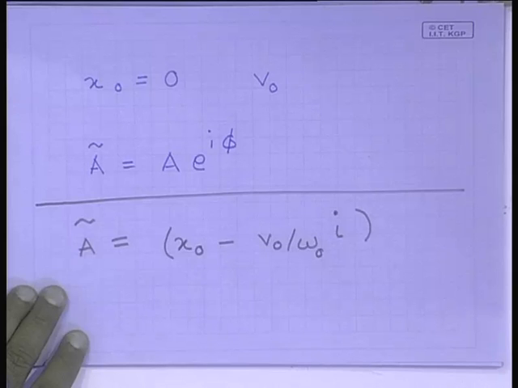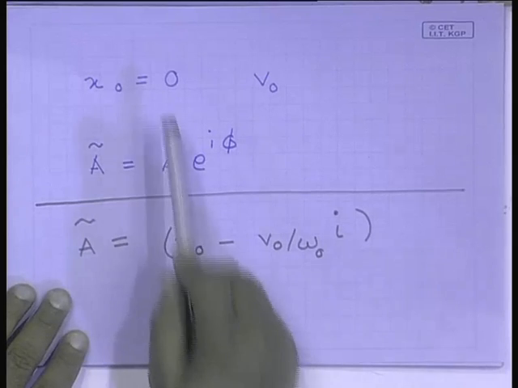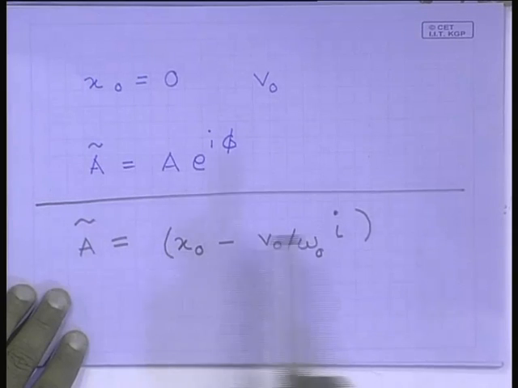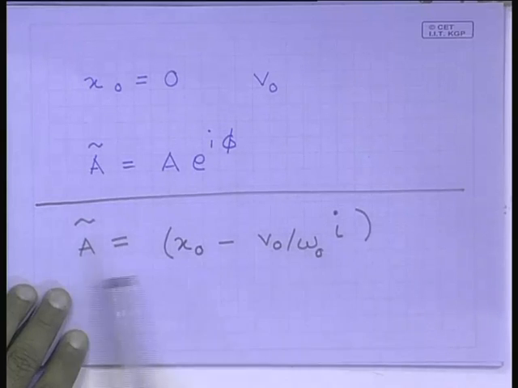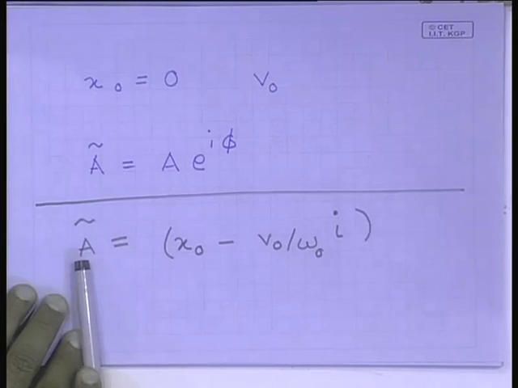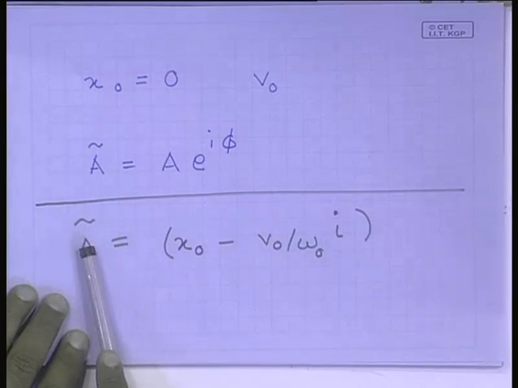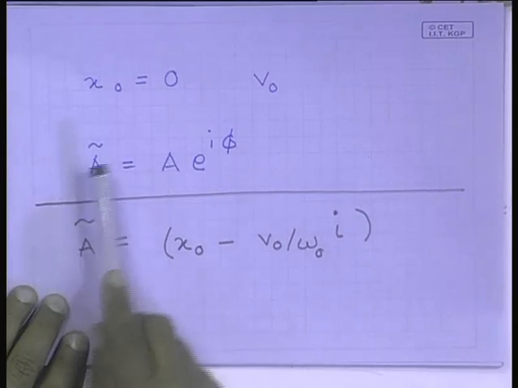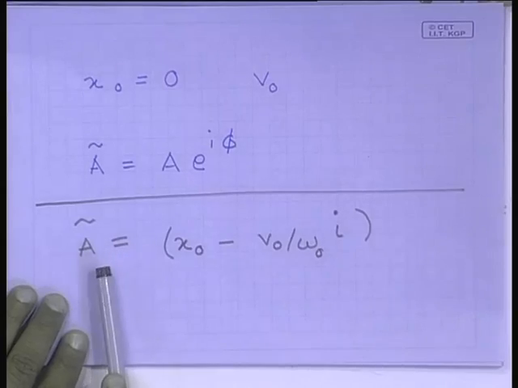pi by 2. Now, the question is, does this thing that the real part is uniquely determined by the initial position, and the imaginary part is uniquely determined by the initial velocity, still hold when you put in damping? That is the question which is interesting, and which you will arrive at the solution if you work out the problem which I have mentioned just now. We shall discuss this in the next class.